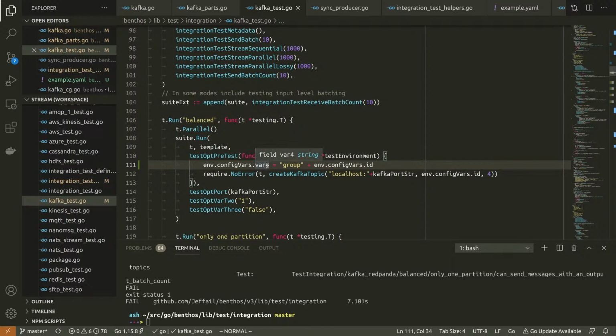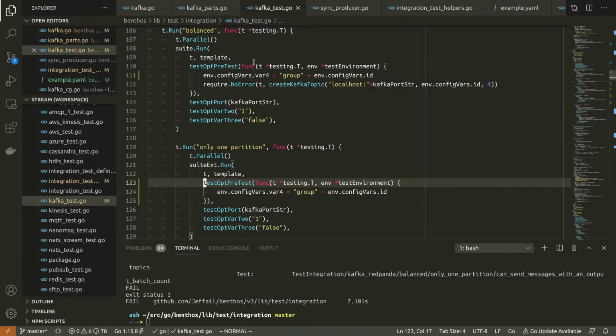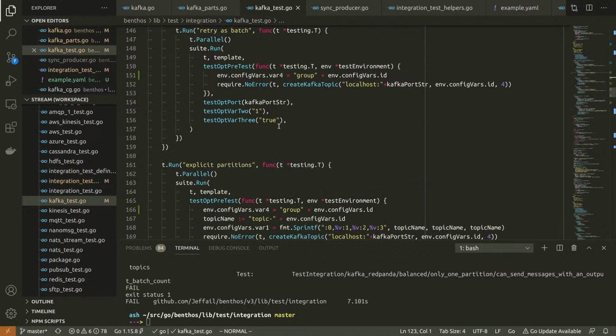What is happening here? Oh, okay. That's annoying. Yeah, it's because I don't have this pre-test opt-func.